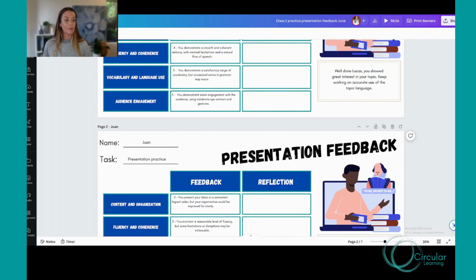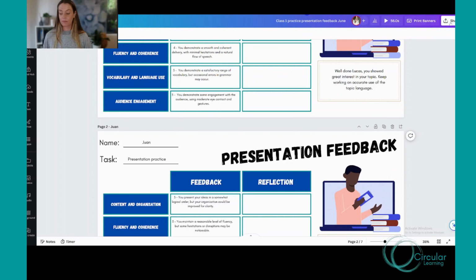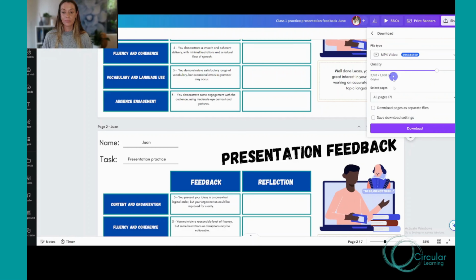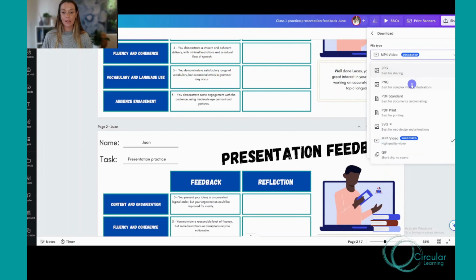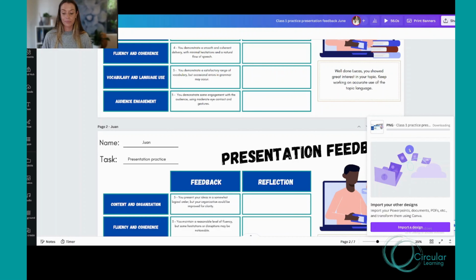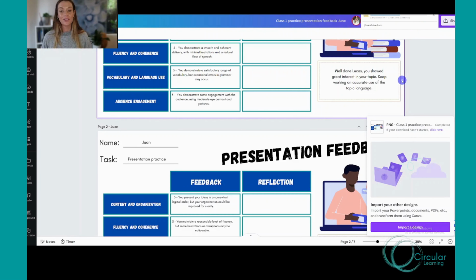and now I'm going to go up here to the right, and I'm going to share and download those individually. I'm going to download them as an image, or you can do it as a little video if you've got any video on there. And it should download as a zip file. Now, because I changed the name for each page, I can just open up that zip file, see the students' names,